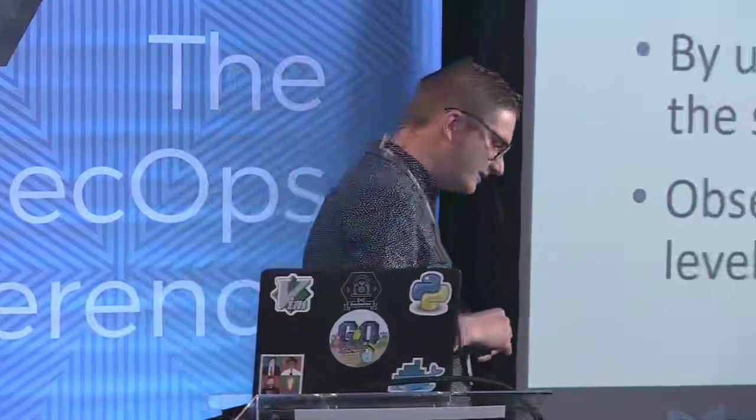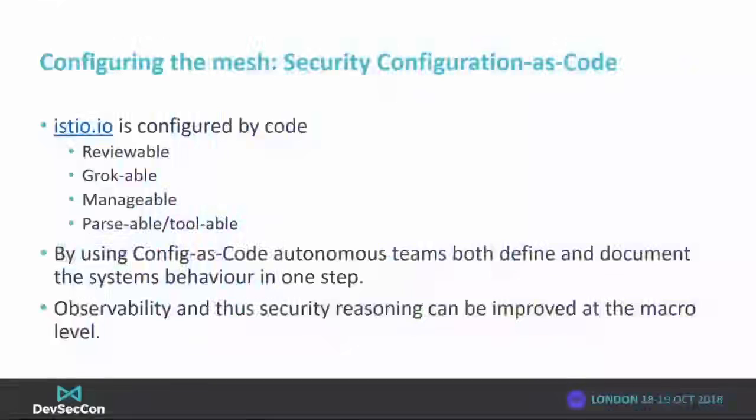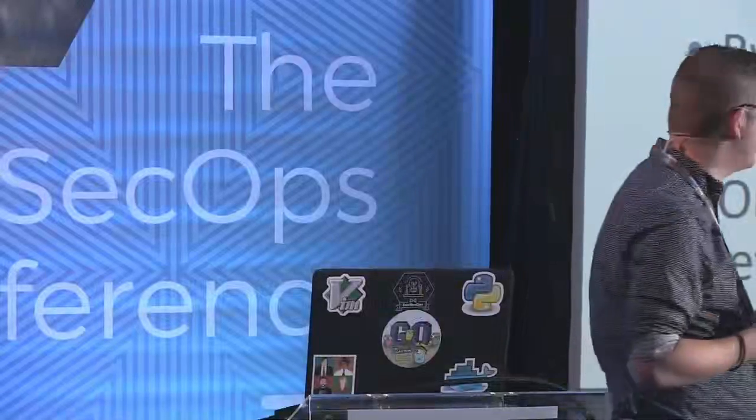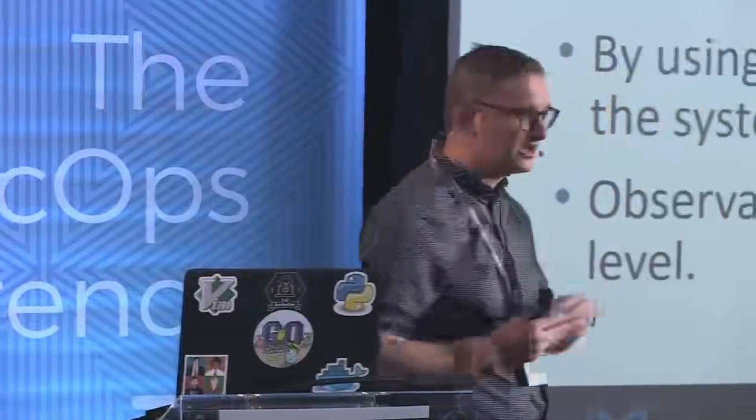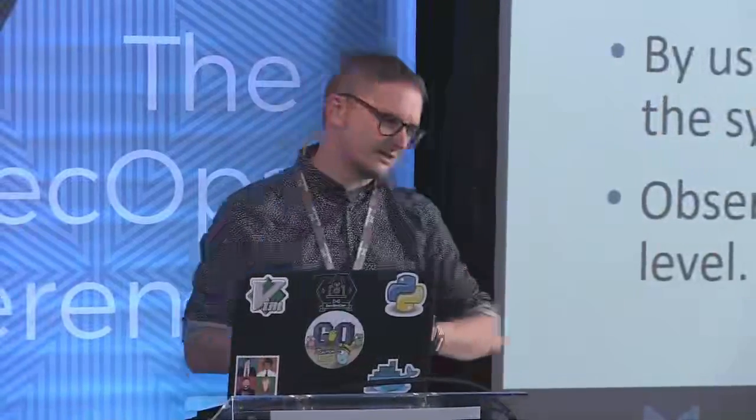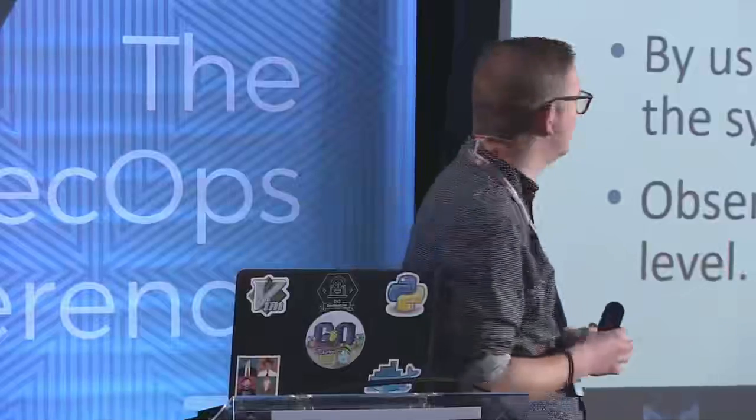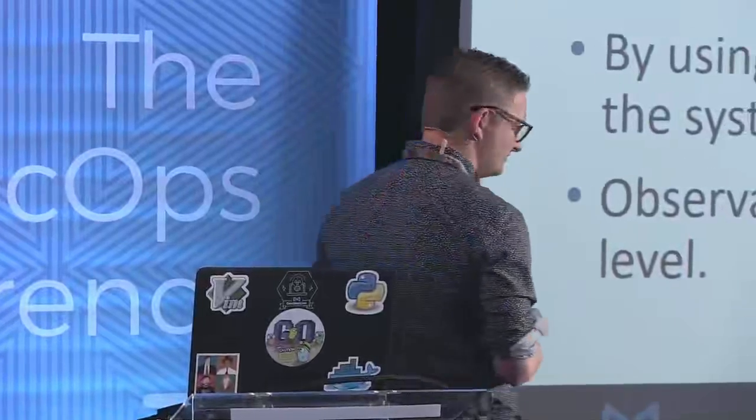So Istio supports, or will support in the next 2 releases, all of these functions. But the real interesting part is how Istio is configured. It is configured as code, so it becomes source code. So it becomes really useful and much easier for our devs to use in their workflow because they can use the normal tools they always use. They can review the policy that they define for their microservices. They can understand the rest of the system because they can see the rest of the system's policy definition. And we can manage it with normal tools.